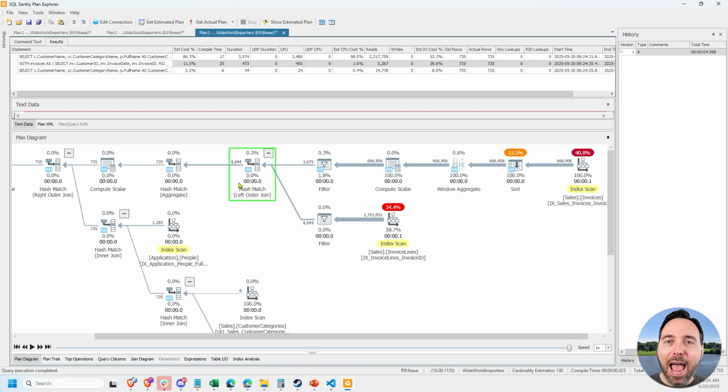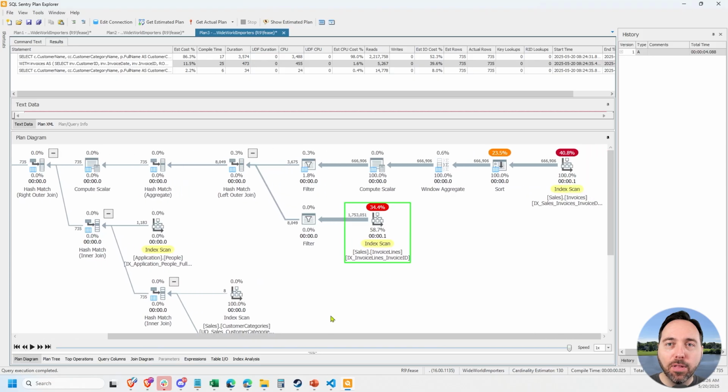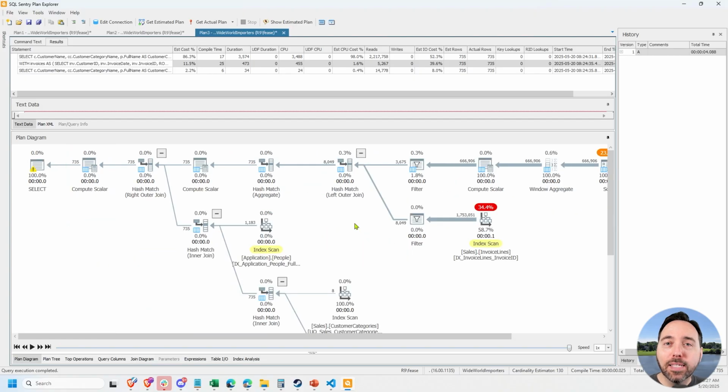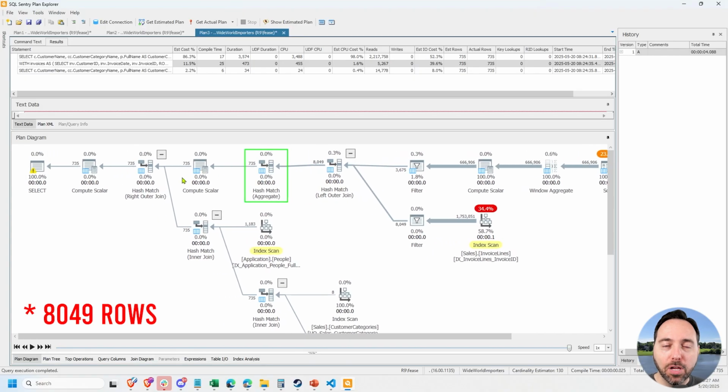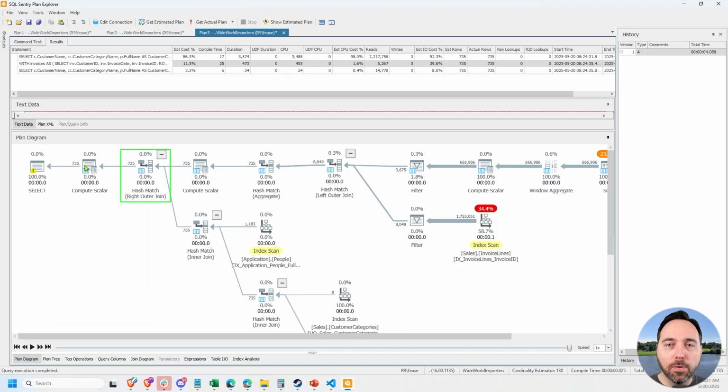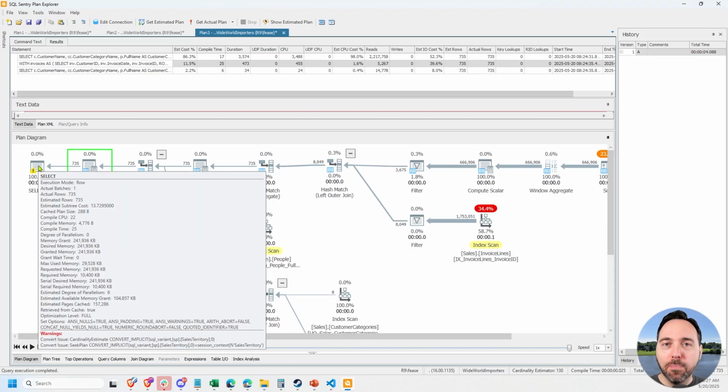From there, we hash match to the invoice lines table, but we still need to perform a full index scan, pulling in 1,753,051 rows. This gets us to 8,019 invoice lines, which we aggregate down to our 735 customers, join to the customer table set, and return to the end user. This has a memory grant of approximately 240 megabytes, so roughly one order of magnitude better than the correlated subquery